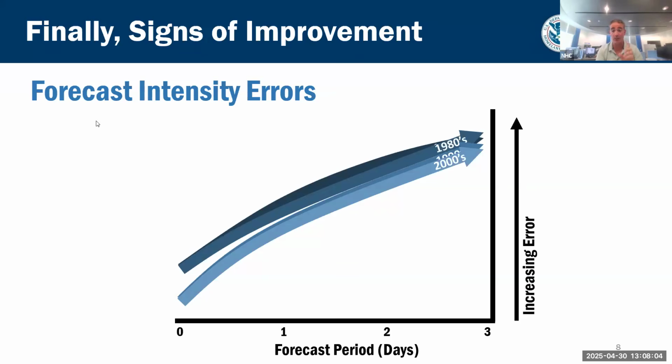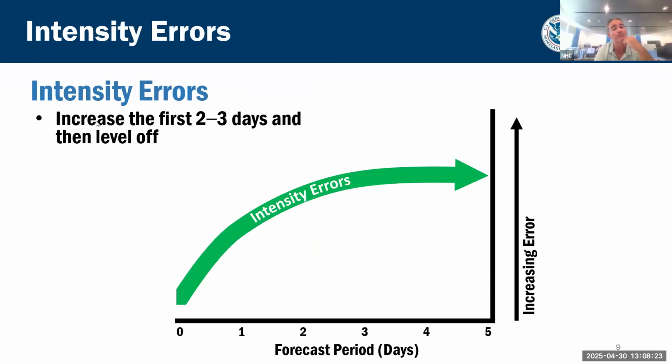But something's changed in a good way. In the 2010s, the errors have dropped nicely. And again, not plotted here, but we've already looked at this. In the 2020s, the errors are actually accelerating downward, meaning we are starting to get much better at predicting the storm's strength, which is really, really good news. That being said, we still make mistakes. Here's what the average errors look like.